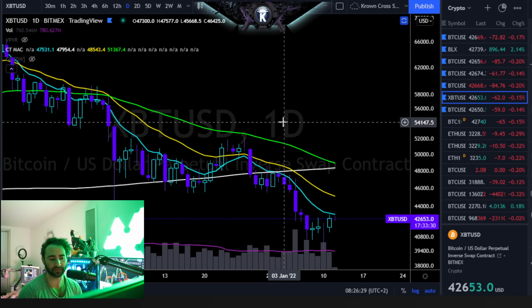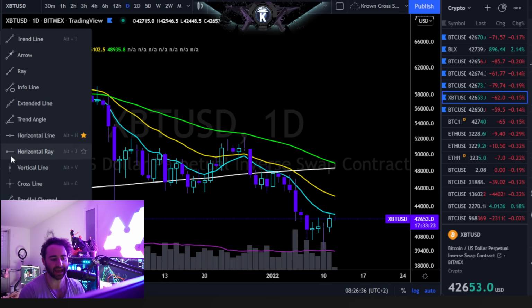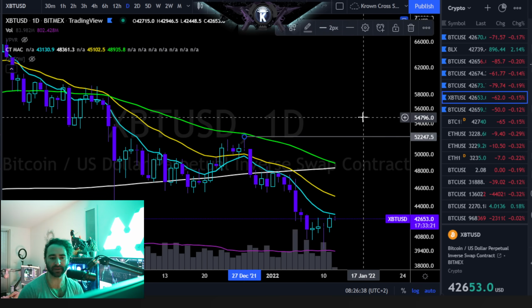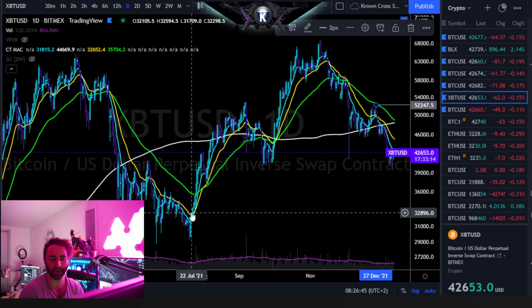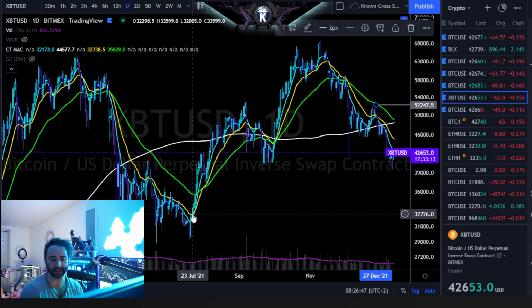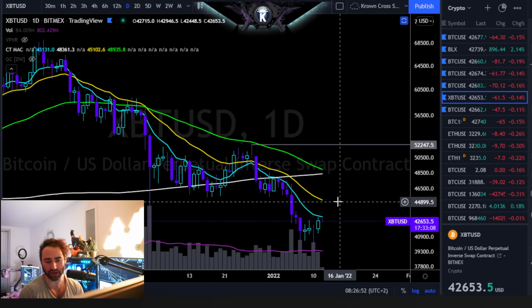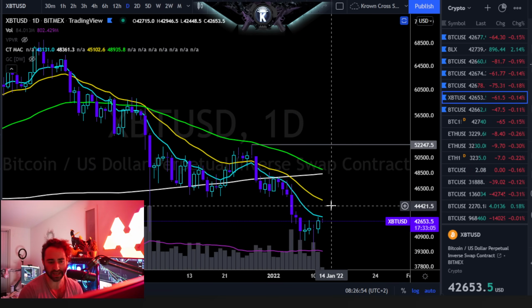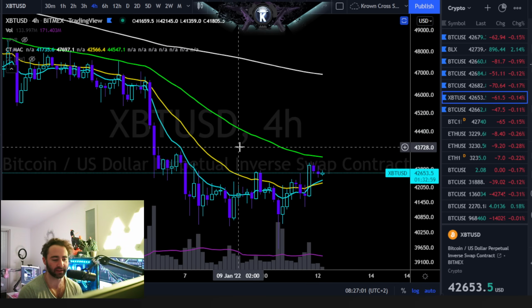So what would essentially confirm this? Well, the obvious answer is above your daily range highs from the prior $52,000 rejection right here. Of course, I do think it would be relevant to be a little bit more aggressive before that actually happens. But just like we saw over the summer, that first move up that brings you back above, on an open and closing basis, the yellow 21 and by extension the 9 exponential moving average right there, that's going to be your next sort of generally good signal, and that's going to be marching its way down probably somewhere around upper $43,000 territory.